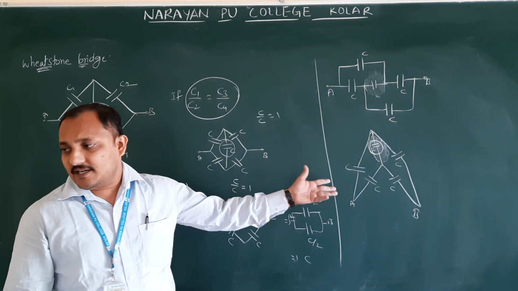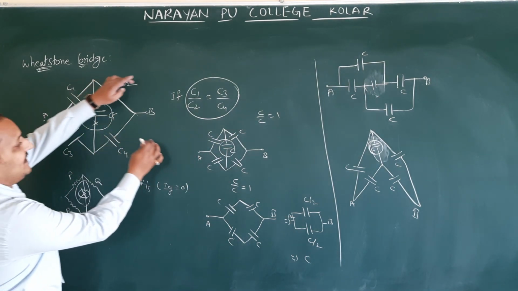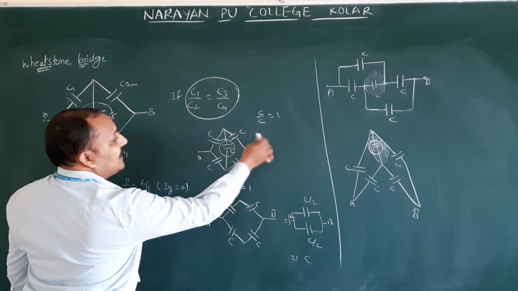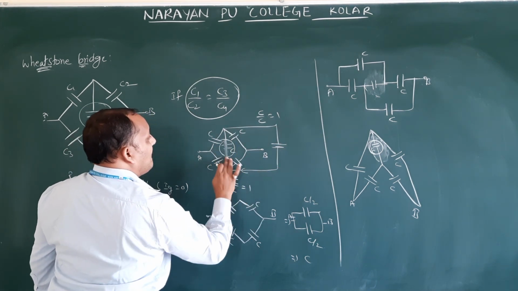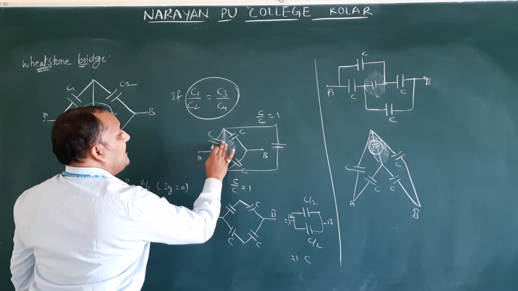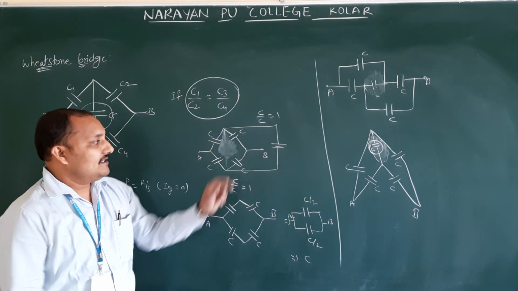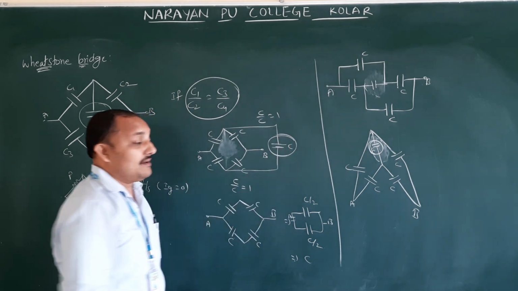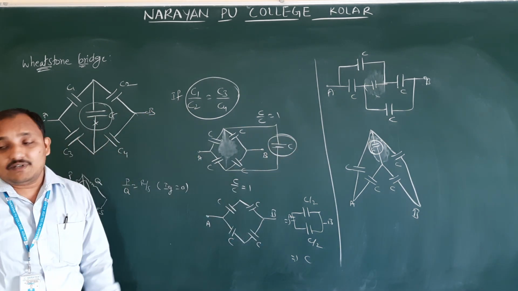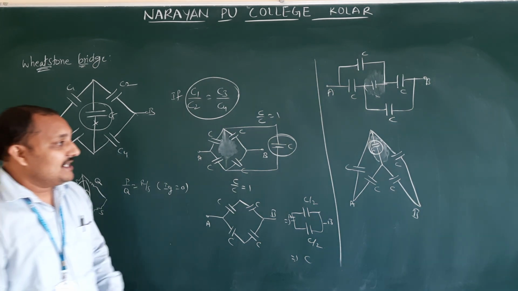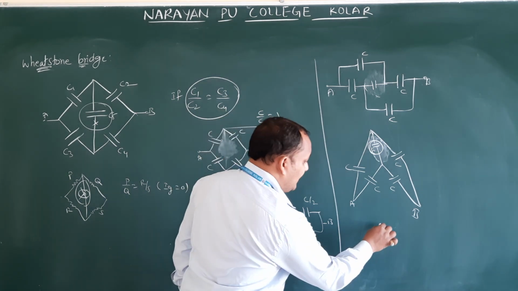Next, the third diagram I am not drawing. They have drawn this diagram outside, like this. So both will be the same. Okay. So C by C equal to C by C. Then this is going to be removed. I am saying which one is going to be removed is also important, otherwise you will get the wrong answer. The fourth one is the same as this one, but they gave a circle shape. Circle shape means